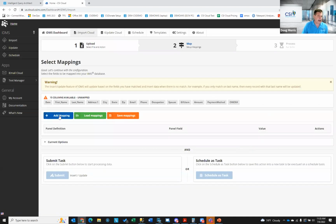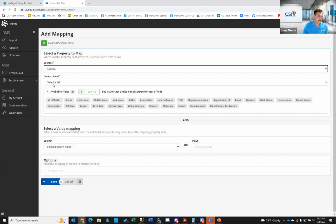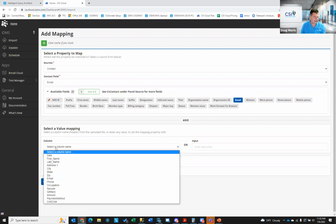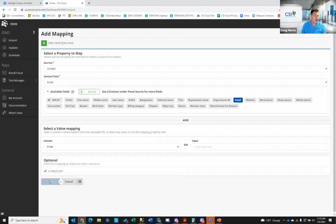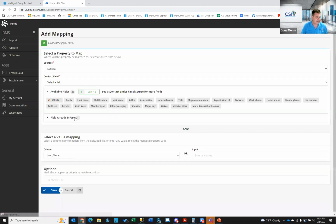And now we're going to add our mapping. Well, the first thing we want to do is find the contact record that hopefully exists out there already. So we are going to go out here and I want to find based on the email address that is in my spreadsheet, right? So that's important. I'm going to match on that. We always like to match on at least two fields. So I'm going to go to last name as well